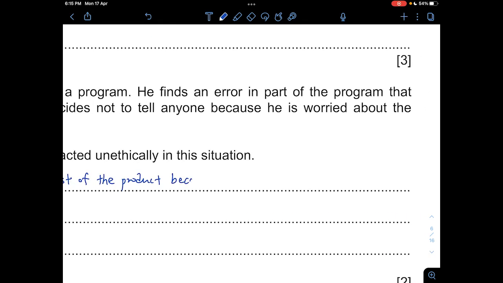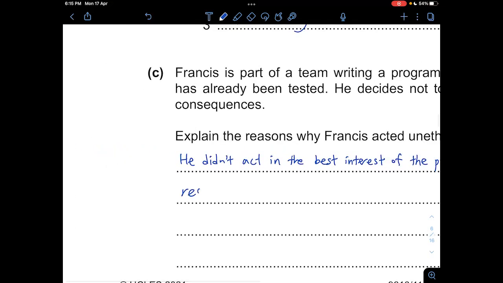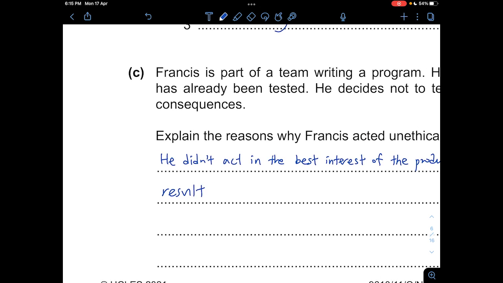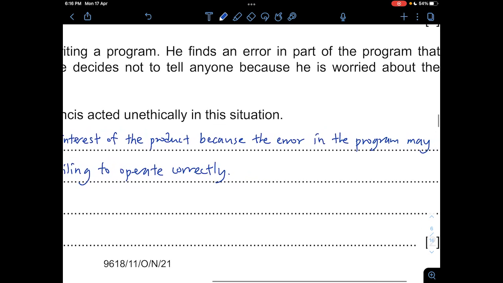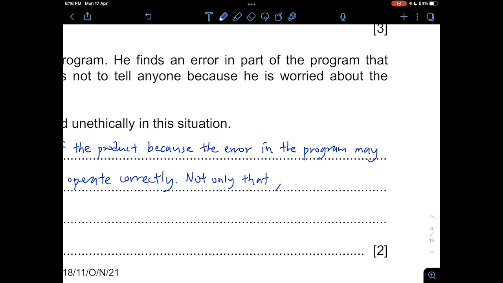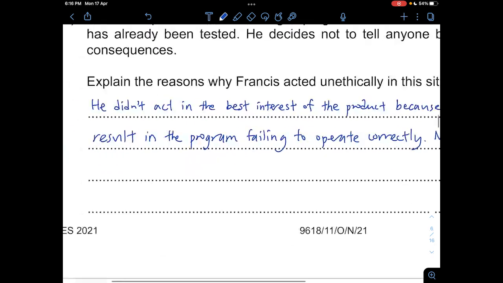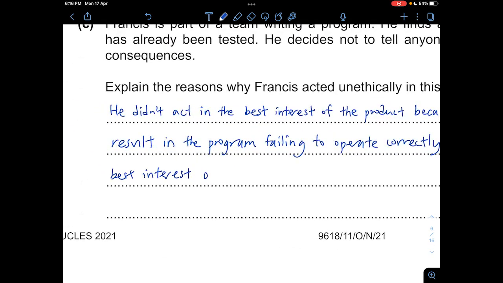Because the error in the program may result in the program failing to operate correctly. Not only that, he didn't act in the best interest of the client,